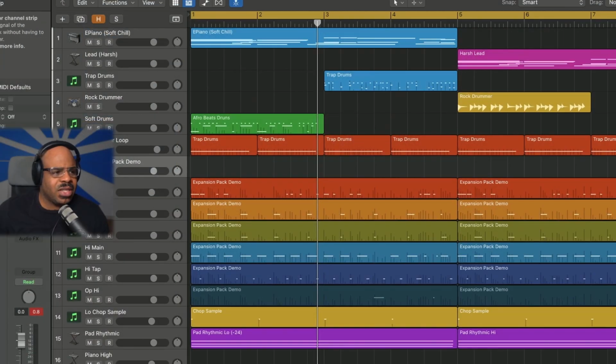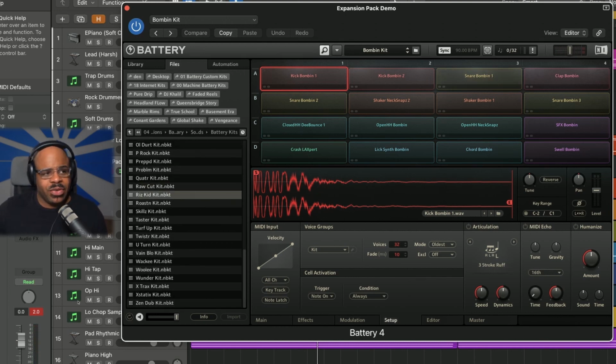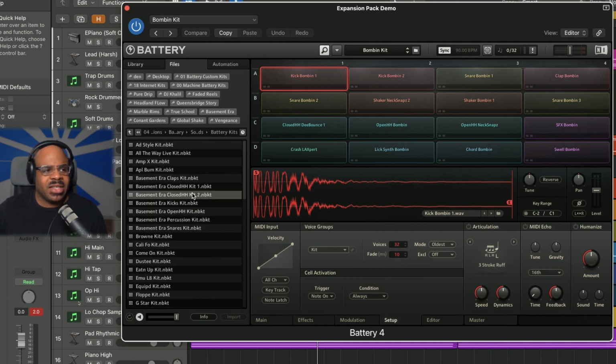I have one expansion pack pulled up right here. Nice, just nice sounds. You can just make something simple and quick. See how nice that is? And I have all these packs. So what I might do, if you see all these packs, I might actually just go through one and force myself to make a beat with only this pack. So this pack right up here, this booming kit, I use all the drums from that and I'll stick with that. And then if I go to another song,